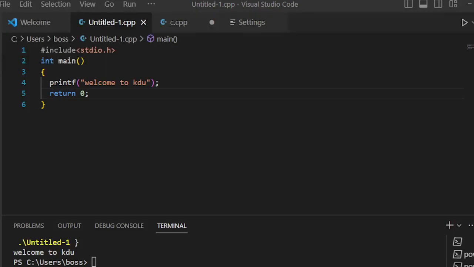Then I use return 0. Why do I use return 0 here? Yes, as I told you, when we use int main, what is the difference between int main and void main? When you are using int main you have to add return 0. It is int main that has a return value, okay? So you can use also